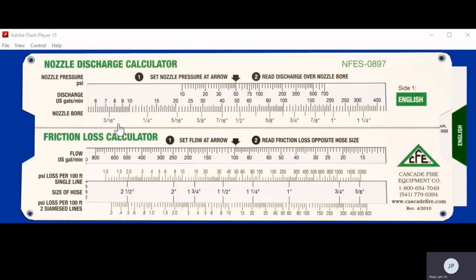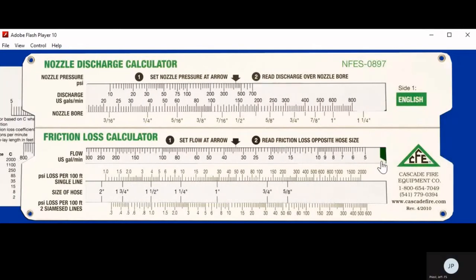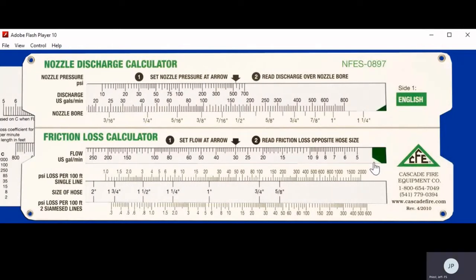And then we take our volume and we plug it into our friction loss calculators. The friction loss calculator is the bottom portion of the calculator. This is the part you actually use a lot. And the process for using this, we'll just use 30 gallons a minute for a 3/8 tip as an example. Okay, so I set my arrow. You see number 1 there says set flow arrow. I set my arrow at 30. And am I perfect? Probably not. But at 30,